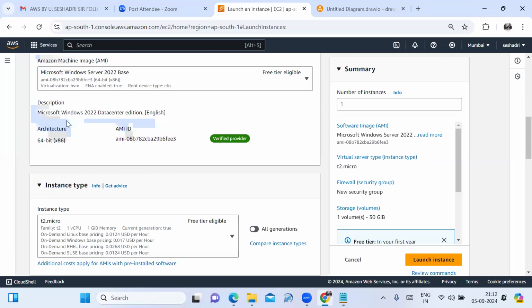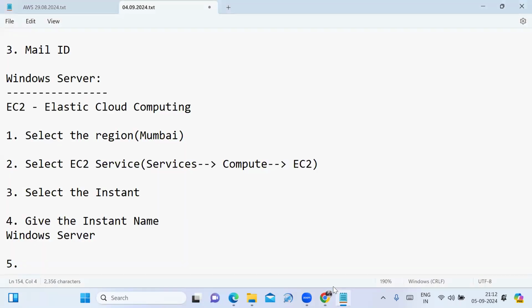Okay. The next step is you need to select the operating system image, the OS image. That is nothing but the AMI. AMI stands for Amazon Machine Image.